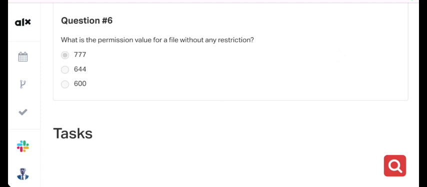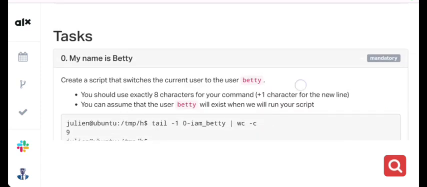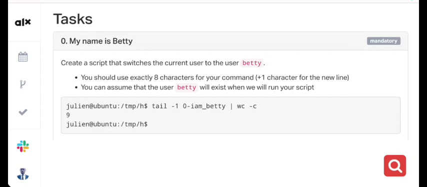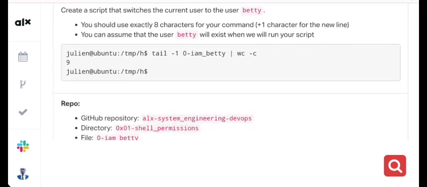to the task provided. For the first task, task 0, my name is Betty. Create a script that switches the current user to the user Betty. You should use exactly 8 characters for your command plus 1 character for the new line. You can assume that user Betty will exist when we run your script. So we are going to do this task,